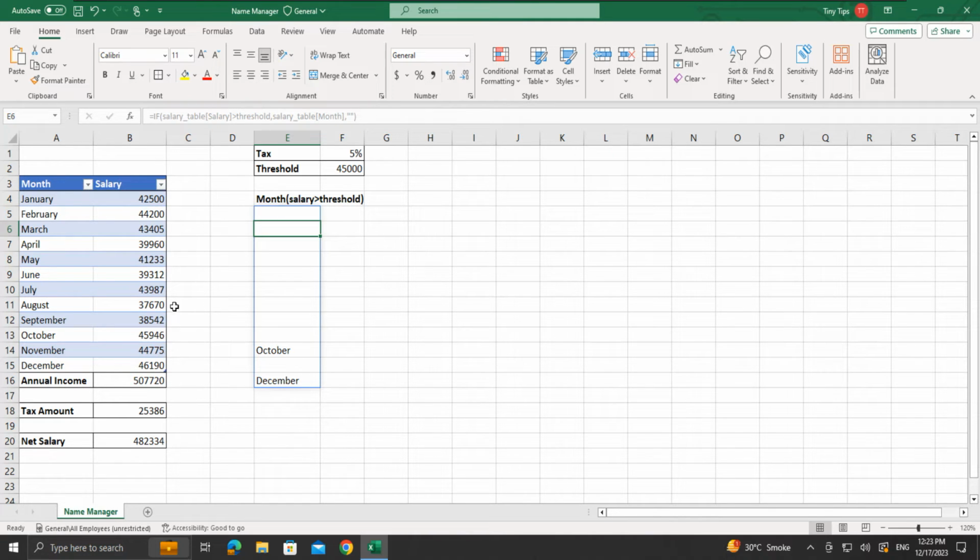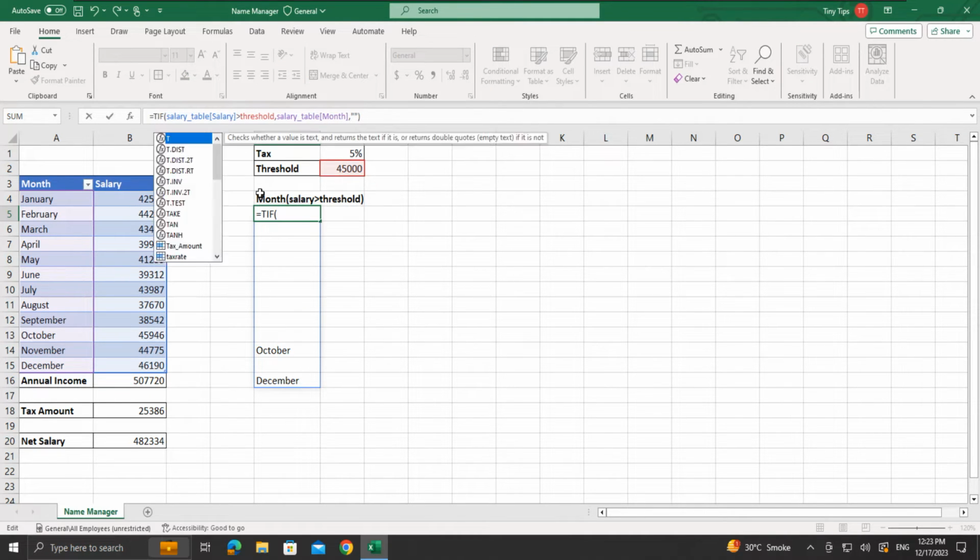But we want to display the result in presentable form. We just want to display the names of the months one below the other in a cell. To do so, we will use TEXTJOIN. We will modify this formula. It will be equal to, then write TEXTJOIN. Start round bracket. Now we will need to give arguments for the TEXTJOIN. For the first